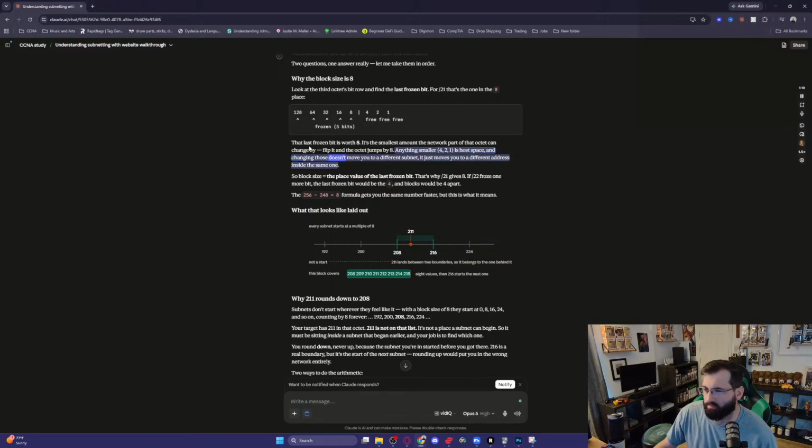Space. And changing those doesn't move you to a different subnet. It just moves you to a different address inside the same one. So block size equals the place value of the last frozen bit. That's why /21 gives 8. If /22 froze 1 more bit, the last frozen bit would be the 4. And